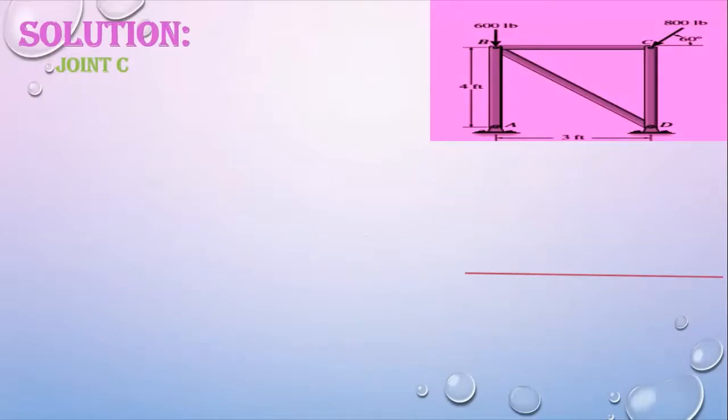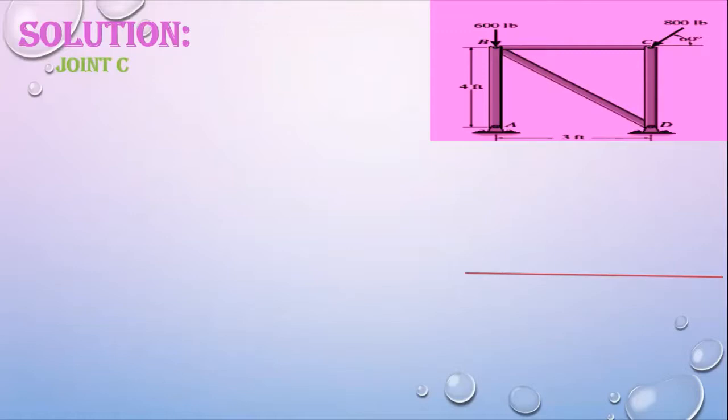In earlier questions in the previous videos, I told you that you have to calculate support reactions first. But in this case, if we don't know the values of AX and AY, and we sum up the moment at A, then we will get two unknowns there. And if we sum up moment at D, then we will again get two unknowns. So the equation will become complicated, and we will be unable to calculate it. So I want to prove how AX is 0.